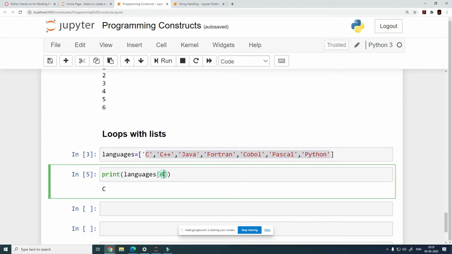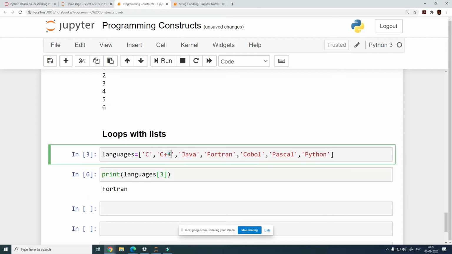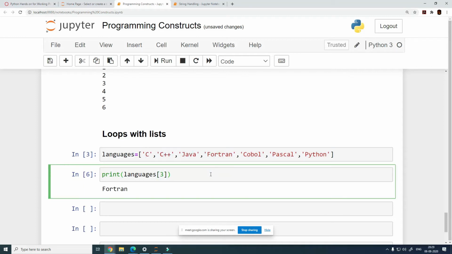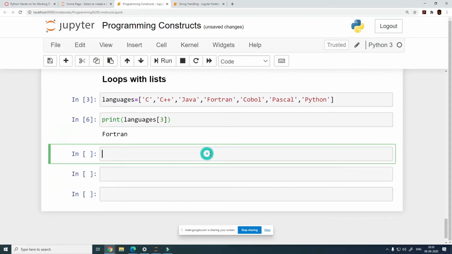If you need to fetch or print the value of the fourth position, then I need to write the index as 3. So 0, 1, 2, 3. But what if we want to process all of these, print all of these?